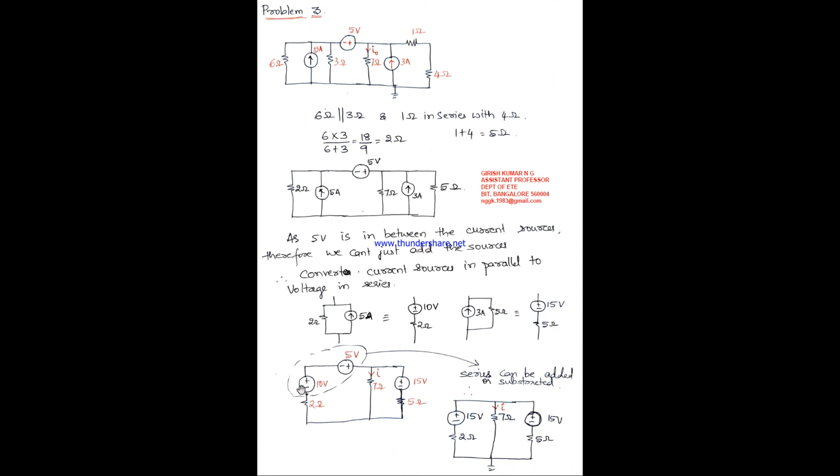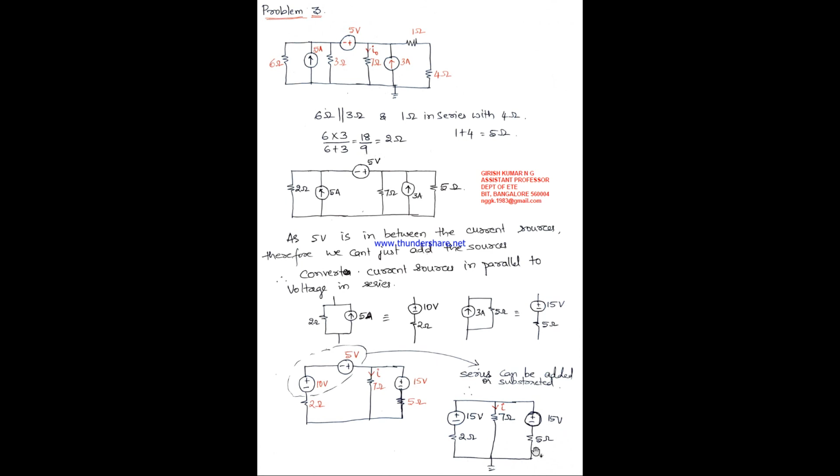Therefore polarity is same. So 10 plus 5 is 15. So how to maintain the polarity of this 15 volts? Again same like what we did previously in the current source, same thing will be applied here. 10 volts polarity is plus and minus. So you retain the polarity of 15 volts with the polarity of 10 volts, because 10 volts is greater than this 5 volts. Okay. Therefore 15 volts in series 2 ohms in parallel with 7 ohms, and that is in turn parallel with the series network where 15 volts in series with 5 ohms.